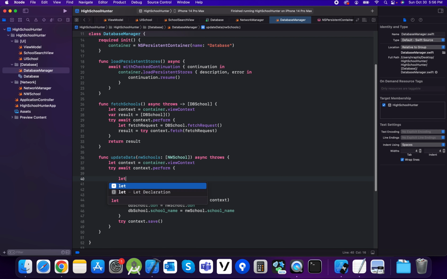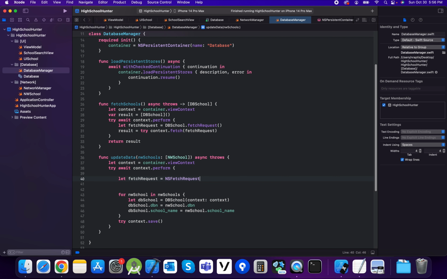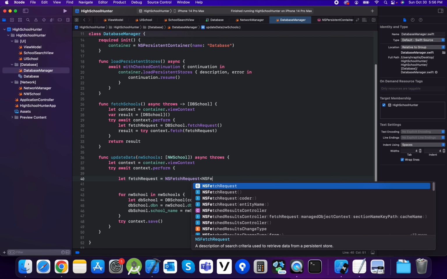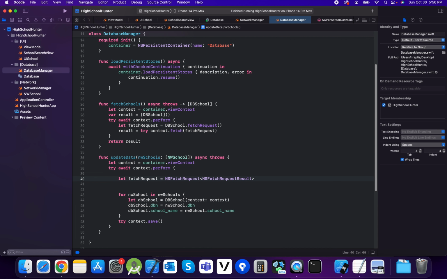So I'm going to say let fetch request equal an NSFetchRequest of type NSFetchRequestResult with an entity name of DBSchool,